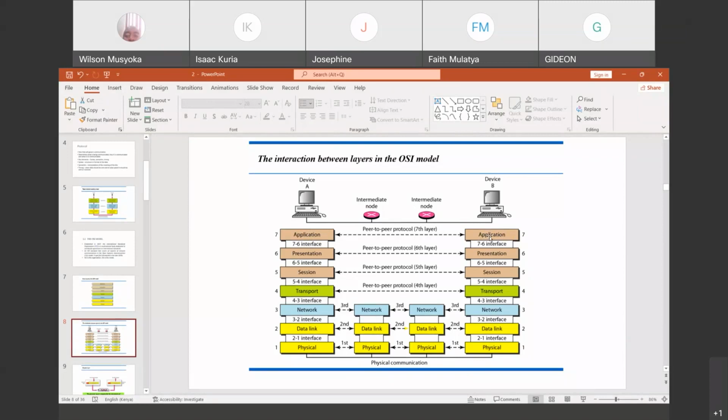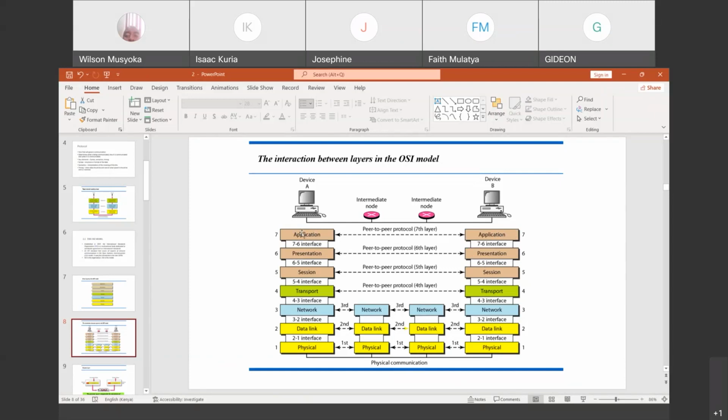It's like when you are chatting on Facebook Messenger or on WhatsApp. You can't send a message on WhatsApp and it is opened using another application. It will only be opened with a WhatsApp application. If it is Facebook Messenger, the same will be used on this other side. That is why we are talking about those two kinds of communication, where we are talking about same layer interaction. When we were talking about the adjacent layer interactions, now this layer prepares the message for transmission.